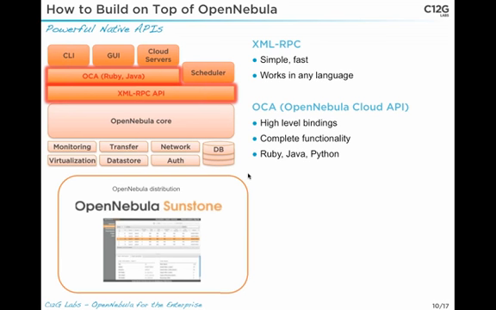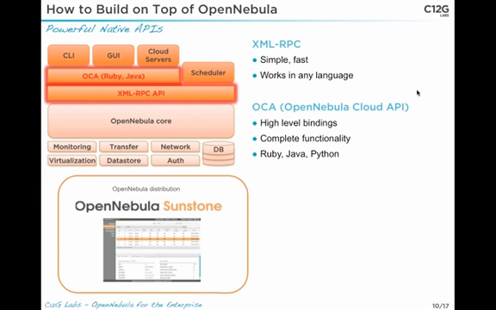Okay, so moving to the second block, let's talk about how to build applications on top of OpenNebula. Basically, OpenNebula offers this XML RPC, a very simple and fast API that works in any language, and then some bindings,